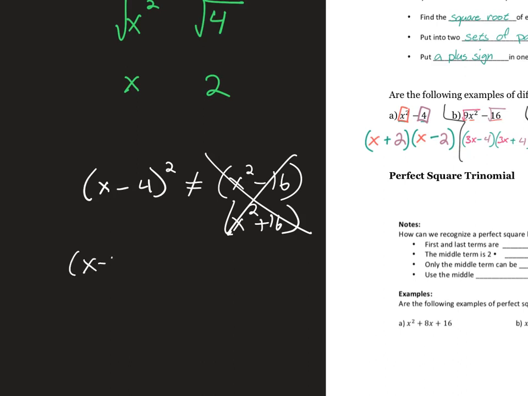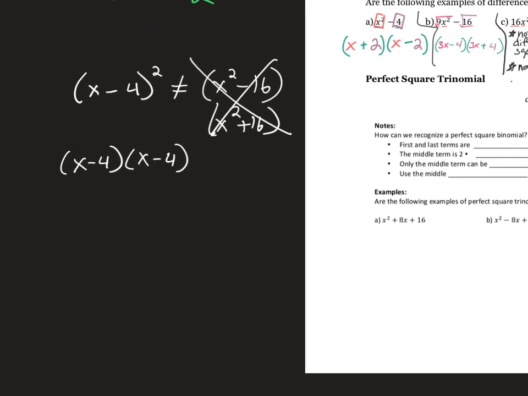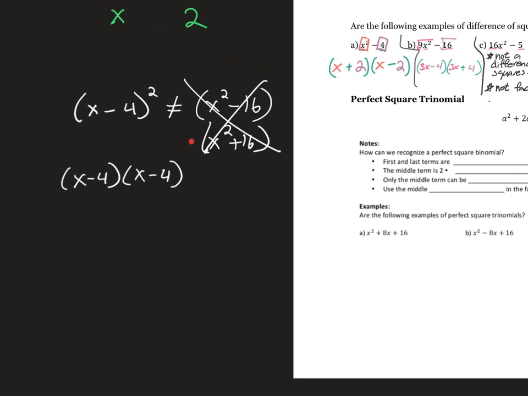So x minus 4 times x minus 4. All right, so let's do this the way it's supposed to be done, and you'll see that you do not end up with one of these. If we longhand this out and do what it's actually saying, you'll see that we do end up with a middle term. So I'm going to FOIL this, and I get